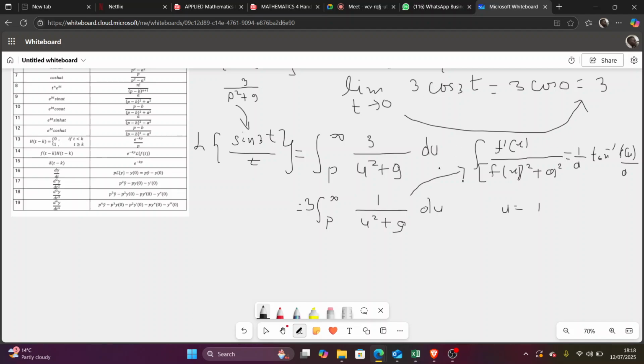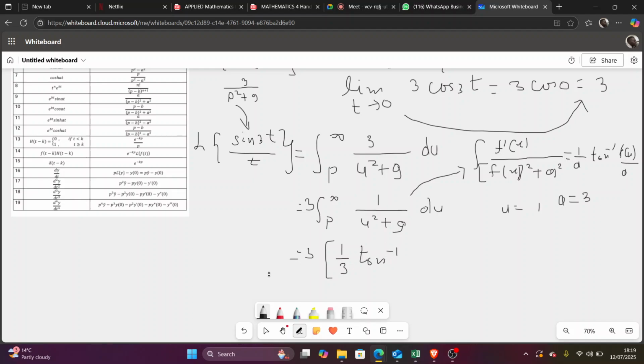So if we have to write this solution here, the solution says it is 1 over a. So I can write the 3 outside here so that you can see the solution. 1 over a, a here is 3. Remember, the formula says plus a square. So if this is 9, it means a is 3, because 3 square is 9. So f prime of x is 1. So the solution says 1 over a. So it's going to be 1 over 3 inverse tan